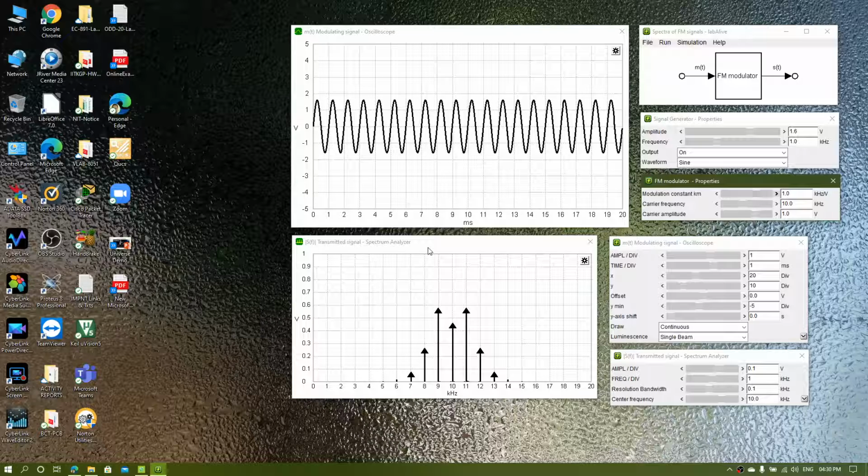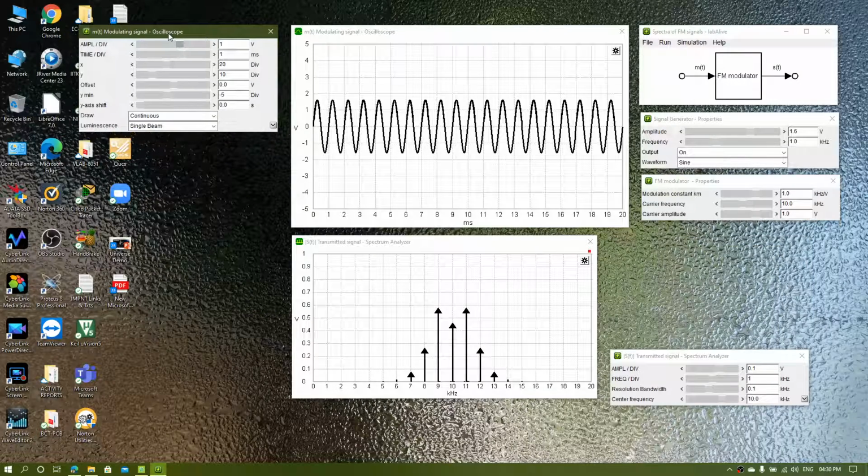Then the spectrum analyzer and oscilloscope will open one by one, and these are the properties for the oscilloscope output. You can see a continuous waveform, where our frequency is continuously changing upon the carrier with the modulating frequency of 1 kilohertz. Our carrier is 10 kilohertz and the modulation frequency is 1 kilohertz, so we can get f min and f max. Accordingly, f max will be 11 kilohertz and f min will be